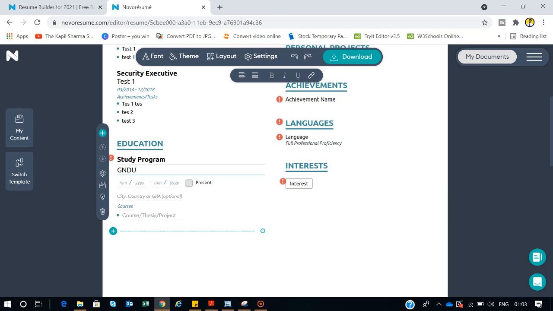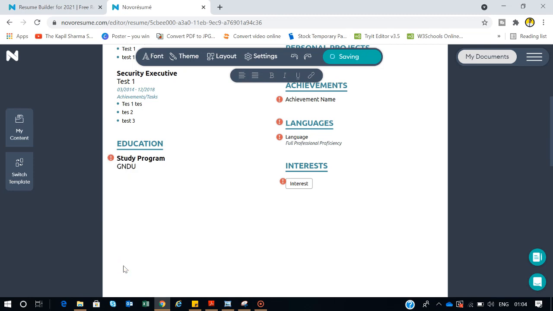Just keep your education up to the last 3 educational entries. For example, if you have done masters, you can add it. If you have done graduation, you can add it. If you have done a postgraduate diploma, you can add it. But make sure that you should add only the most recent 3 entries in your education field, not beyond that, because no one cares until or unless it has been asked specifically, right? So this is how you can add your education field here.